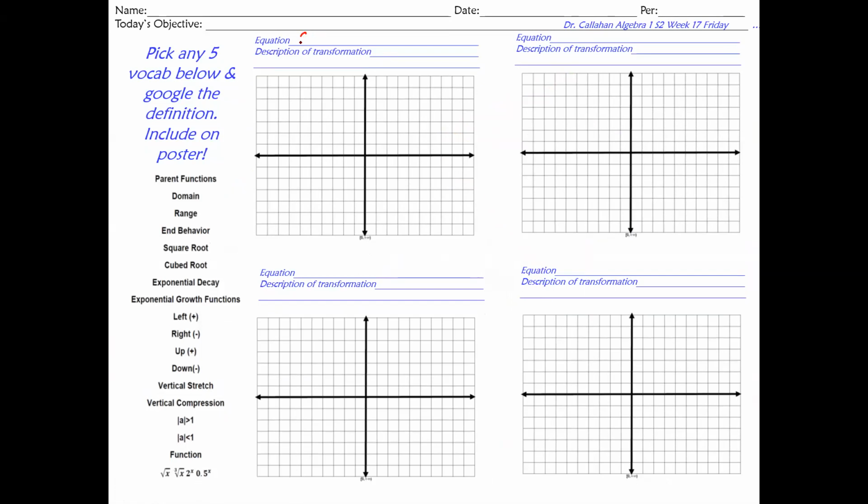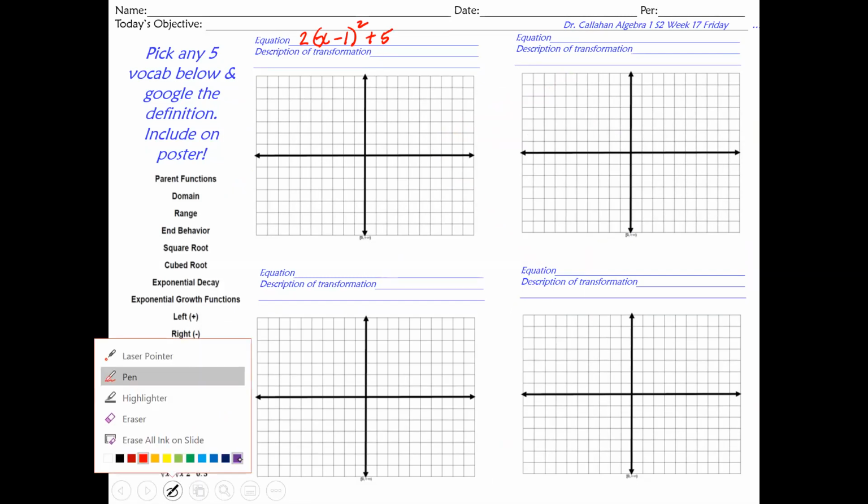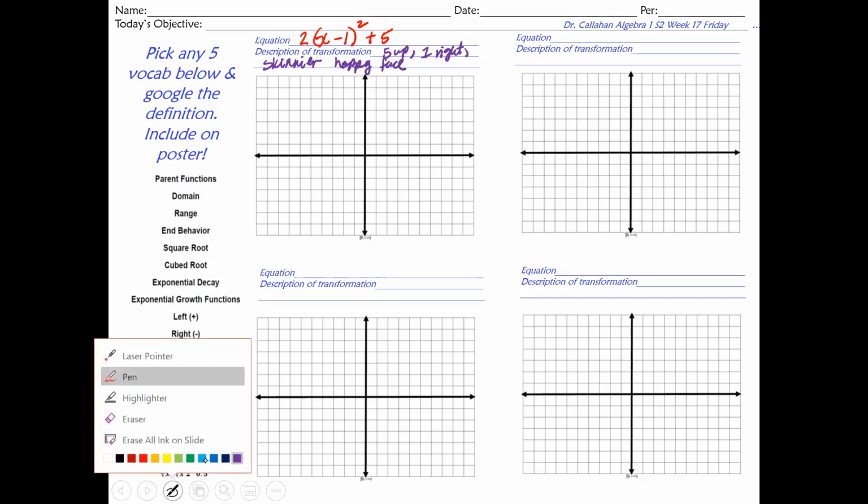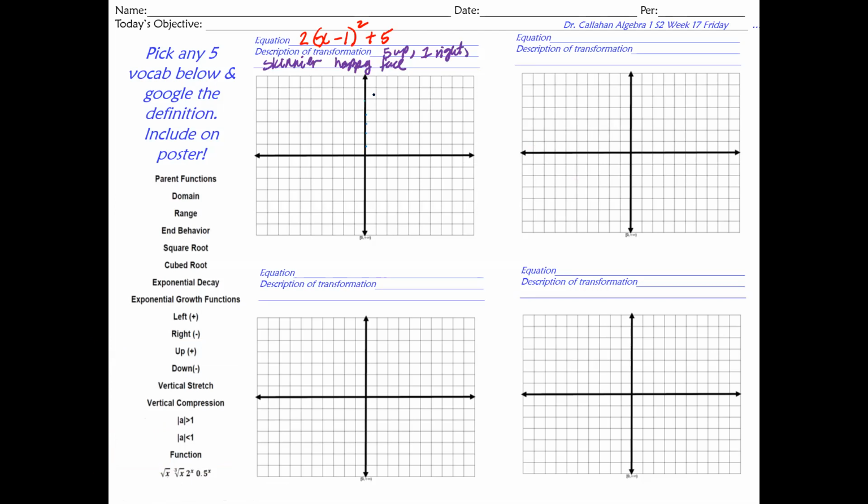If you have something like 2(x minus 1) squared plus 5, the description of this transformation is that you're going to go 5 up. The negative 1 means you're going to go 1 to the right side. And the positive 2 means that it's going to be a skinnier, happy face shaped graph. So let's try that. Go 5 up, 1, 2, 3, 4, 5, 1 to the right, and it's a skinnier graph